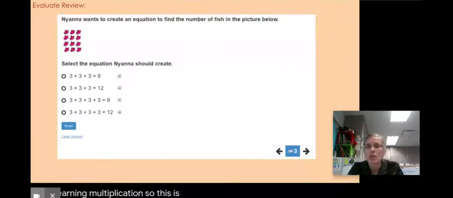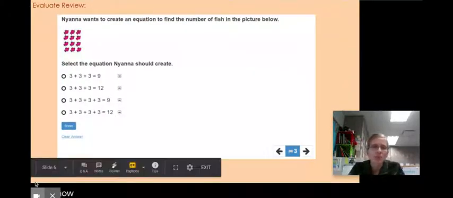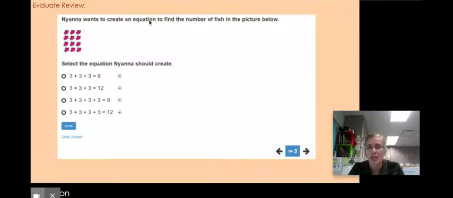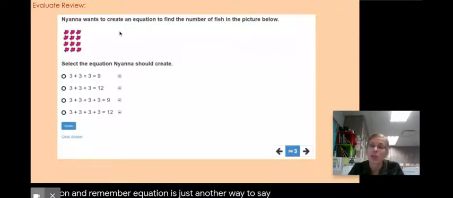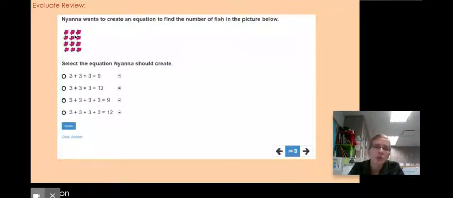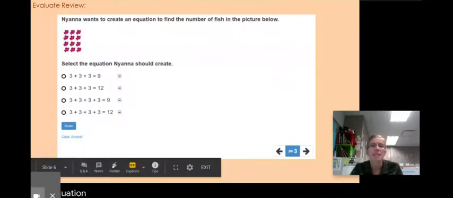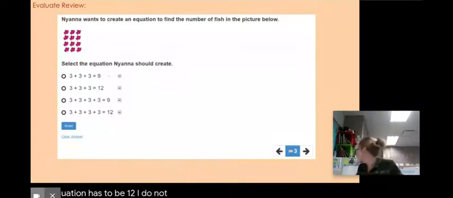So this is the one that we went over that's on evaluate. Now, for this one, you want to find the total first. So it's asking to create an equation. And remember, equation is just another way to say number model. So count how many total fish there are. So 3, 6, 9, 12. So the answer for this equation has to be 12, which means we can eliminate the ones that do not equal 12